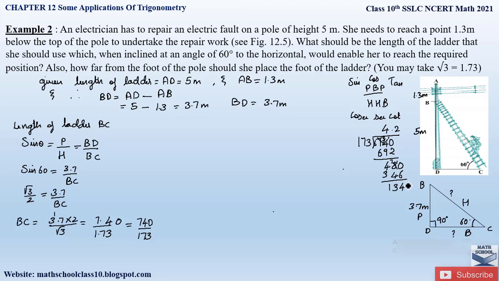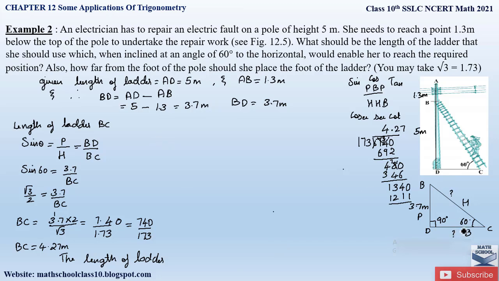So here again we can add a 0 since we have a point here. So let us take 173 7 times. So 7 3s are 21, 7 7s are 49, plus 2 it is 51, 7 1s are 7, plus 5 is 12. So again you can subtract and find the values. For now this value is enough for us, that is BC is equal to 4.27 meter, that is the length of ladder. Okay, now let us find out the distance between the foot of pole and foot of the ladder, right?